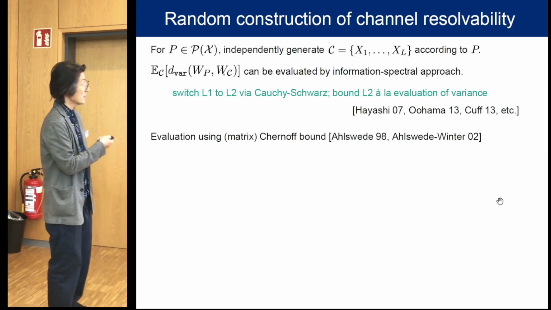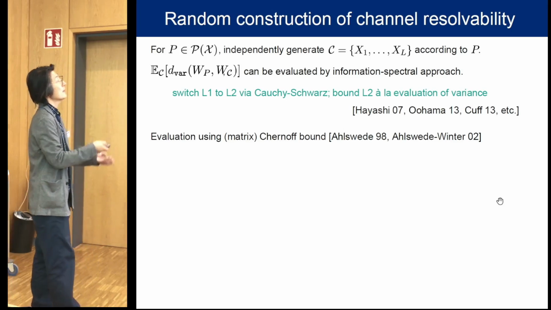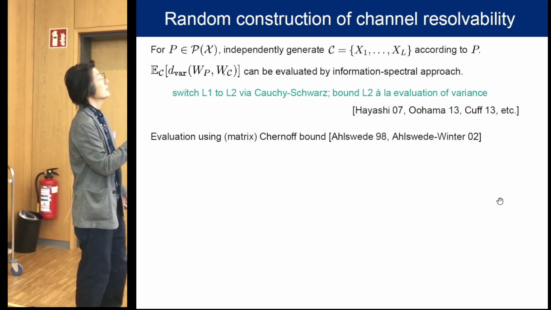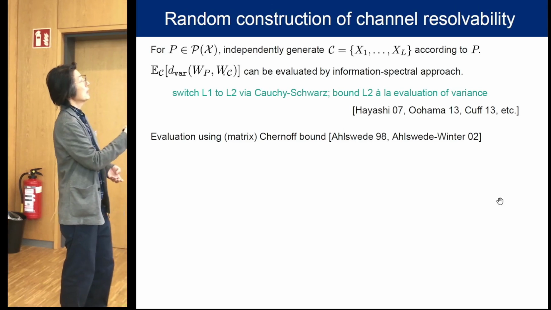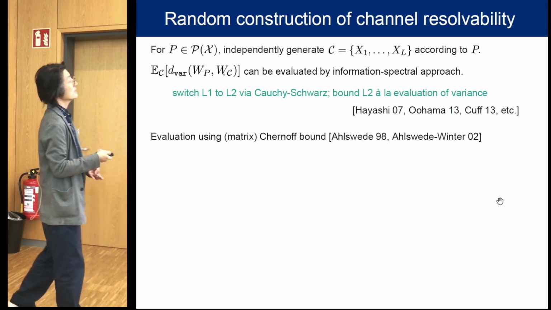So in this approach, total variation distance is essentially L1 distance. So we switch L1 distance to L2 distance by using Cauchy-Schwarz inequality, and then we can bound L2 distance in a kind of similar manner as evaluation of variance.